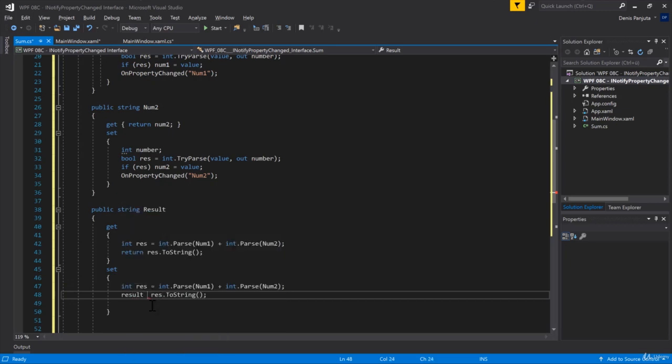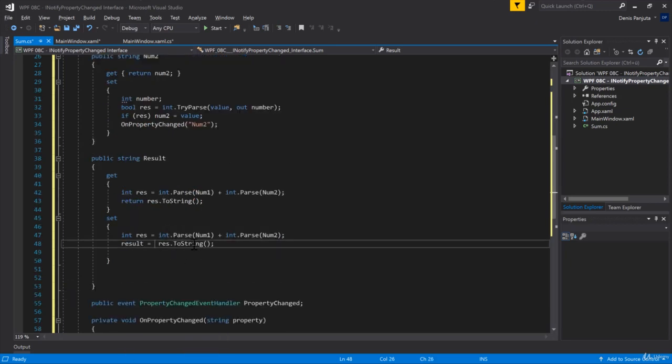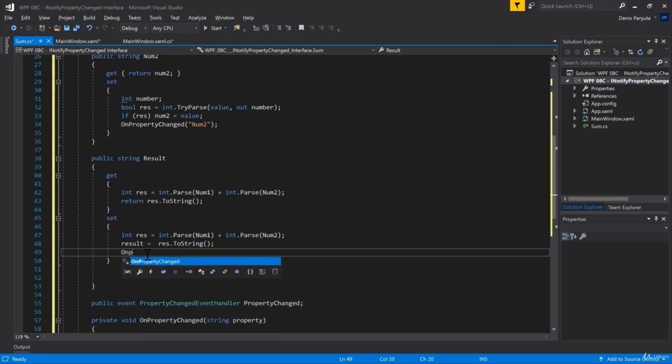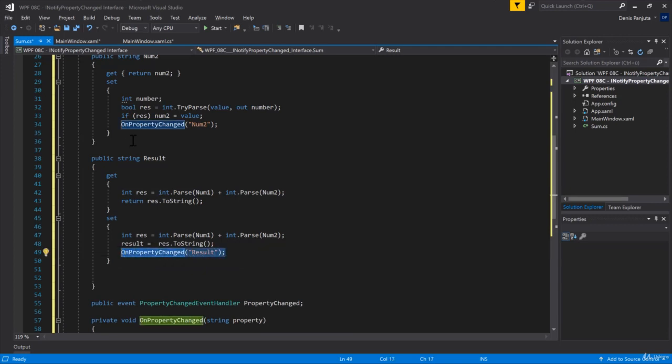So result is going to be res.ToString. And now in here we call the OnPropertyChanged for our result,